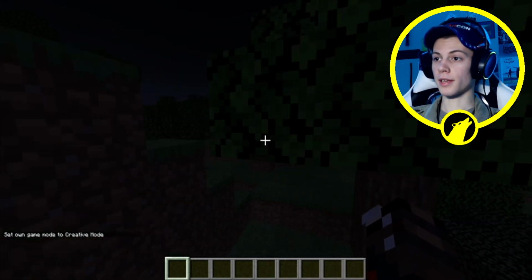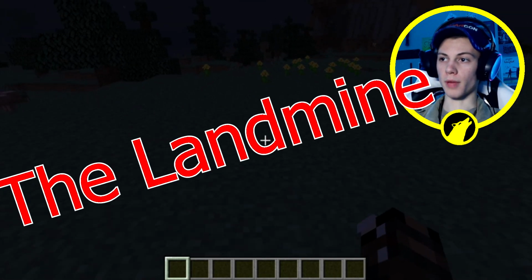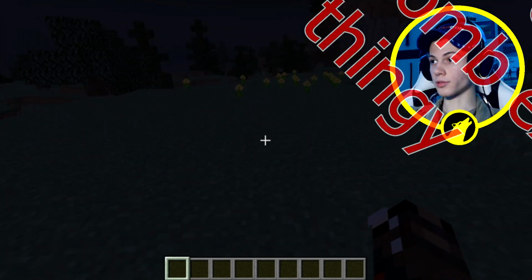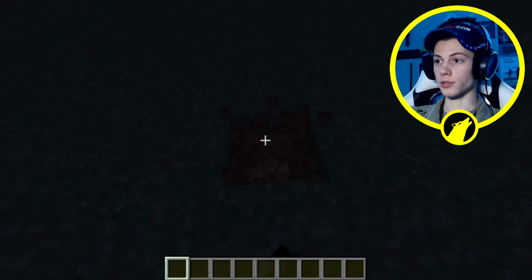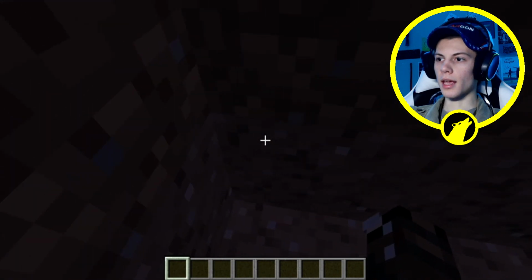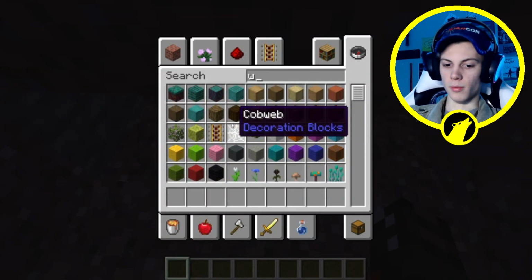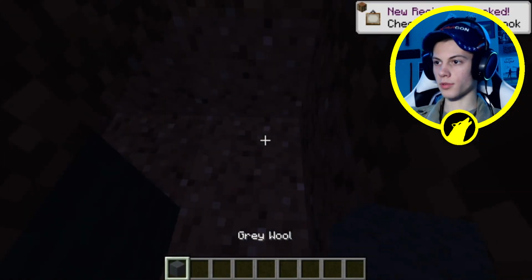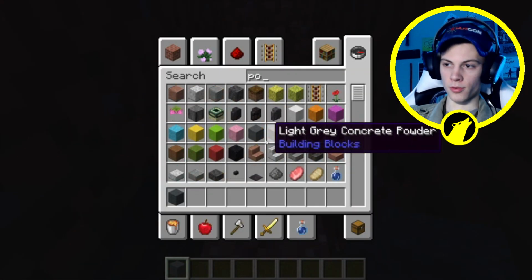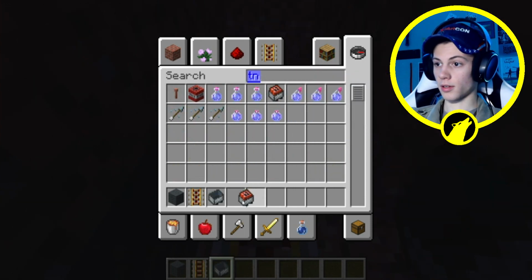So okay, that leads us to our now third trap. I like to call this one the bomb, or the landmine, or the underground bomb explosion thingy. Basically, it creates a huge explosion. So what you're going to want to do is something like this, and then a little bit of this, maybe get some wool, place the wool here, and then you're going to want to get some powered rails, and then the TNT minecart, and